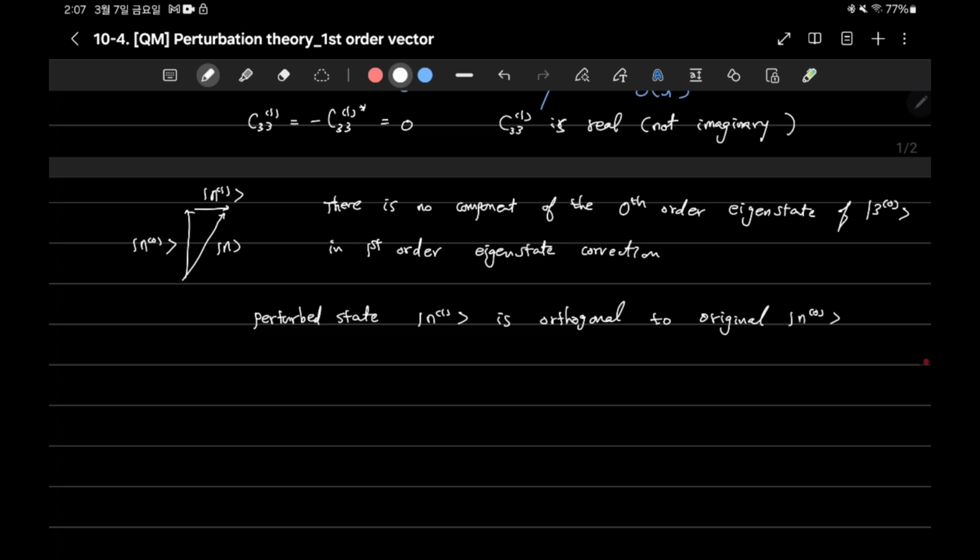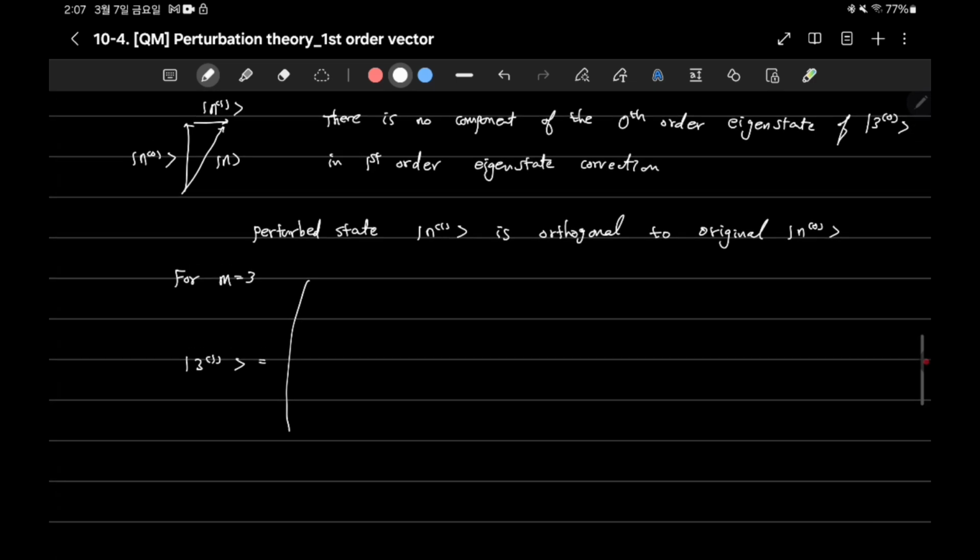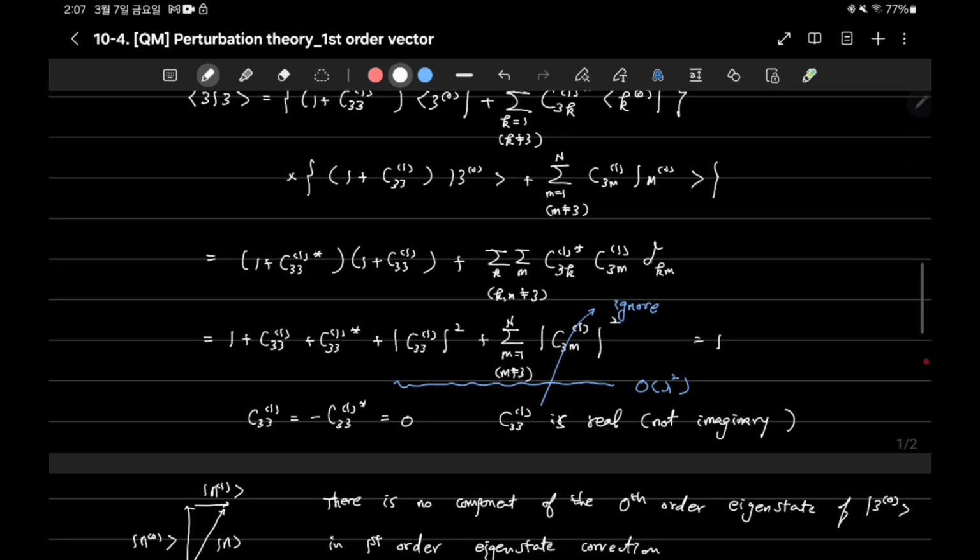So because there is no component of zeroth order, we can say that in this case, for example m equal 3 case, the first order correction can be written down as like this, and